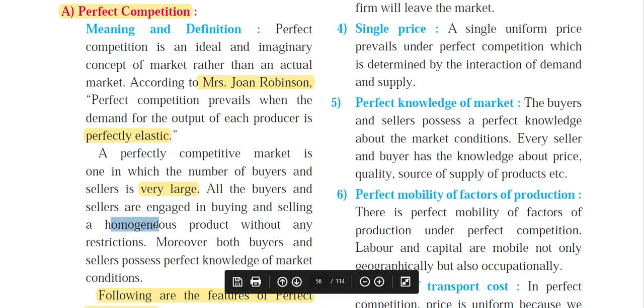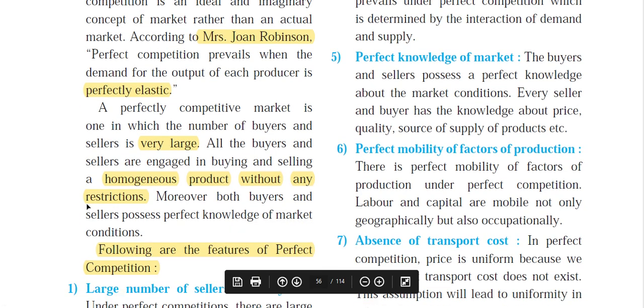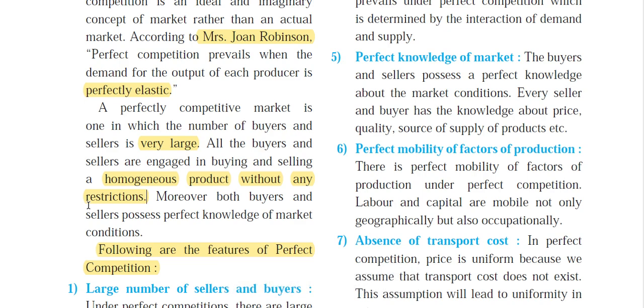And all these buyers over here, a very big assumption is that they are in perfect competition. They are selling what? A homogeneous product without any restrictions. Homogeneous products, that is the same products in size, taste. This we had studied in the first chapter. In the second chapter, we took an example of apple, that all the apples are the same in size, shape, color, taste, etc. And obviously the very important keyword is knowledge. So the buyers and sellers both have knowledge about the conditions that exist in the market.